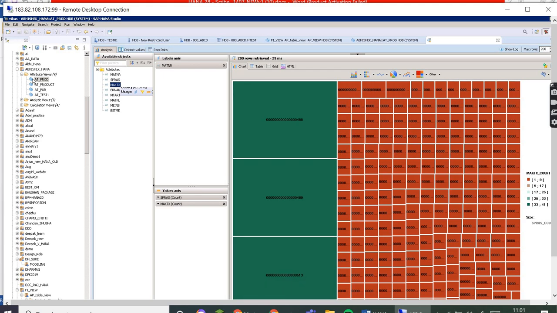So if the user needs access to this view, he requires access for this package first. If you don't give the package, he cannot see any of the views here. He cannot see even the folder or what content is inside. He cannot access anything. First we have to give access for this package. So once we give the package access, then which report he is responsible to get access to, either this view, this view, or all the views, okay? This is dependent on us, or on the user who needs which access.